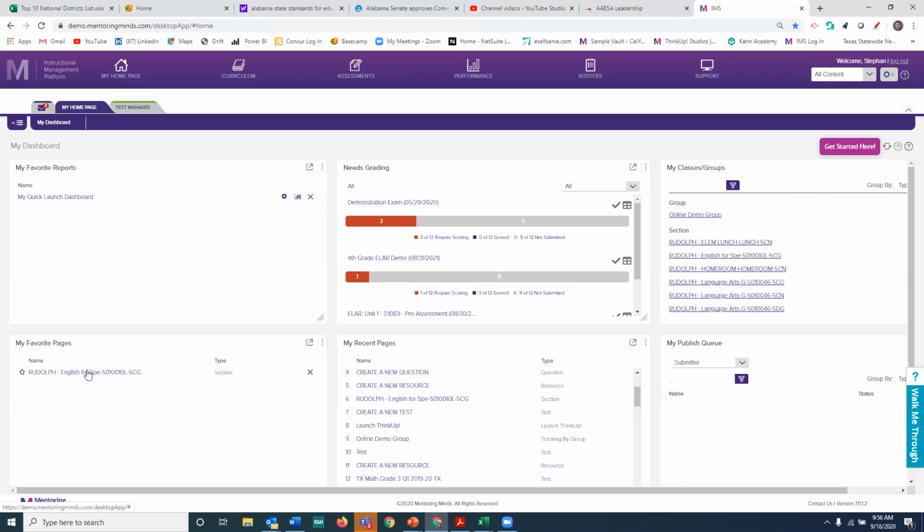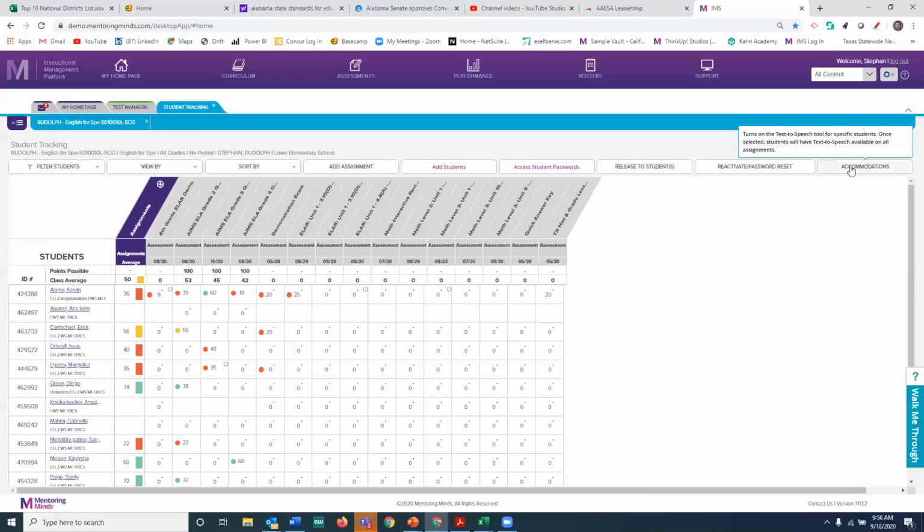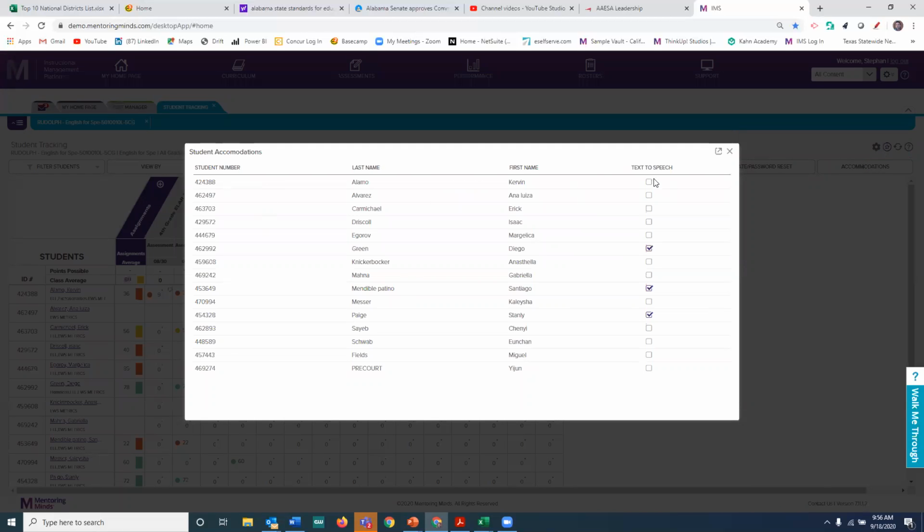And so if I go to that student tracking that I was in earlier, you'll see this tab up here that says accommodations. So you can do this at the district level with the master roster, but we can go in under the sections here and then simply for every student that needs to be utilizing text to speech because it's a part of their 504 plan or their IEP, if you check mark them, because their student number is associated with them, for anything you release to them, the system will recognize the text to speech is supposed to be enabled and will turn it on just for those students, so you don't have to worry about going back